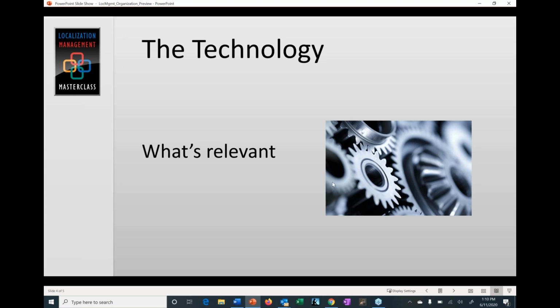Now that's changing to some degree, and people are starting to talk about paying for translation hourly, no matter what technology is used. And so there's a lot to be considered in that respect. But also, now we have machine translation. And as I'm sure you know, machine translation is getting better and better all the time.